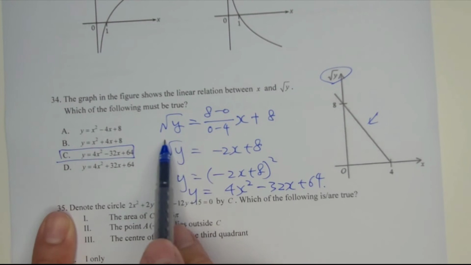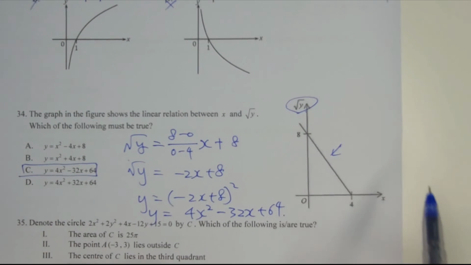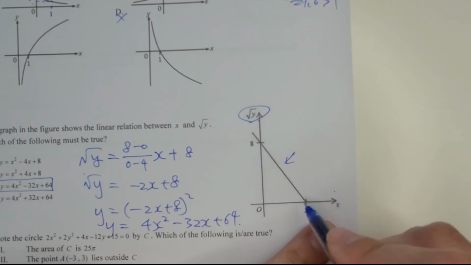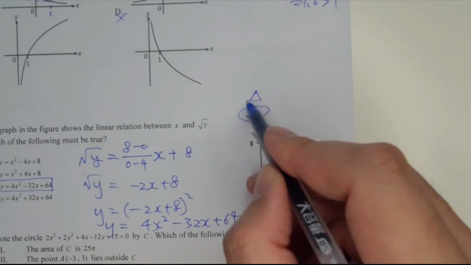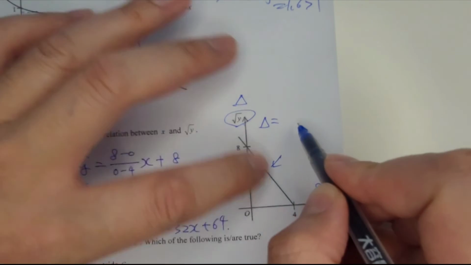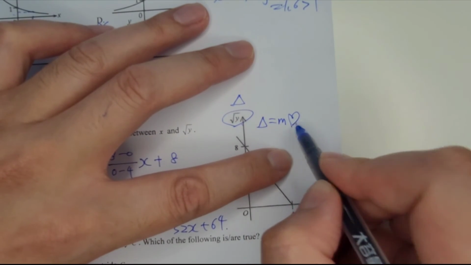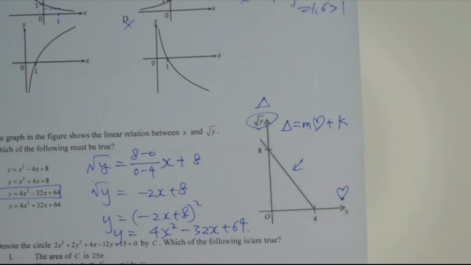Remember, it is the slope-intercept form. It does not just apply to the xy coordinate only. If that is the coordinate, this is a horizontal variable, heart, and that's a vertical variable, triangle, you can always write the equation in this way: triangle equals slope of straight line times heart plus the vertical intercept k. You can always write it in this way. Okay,